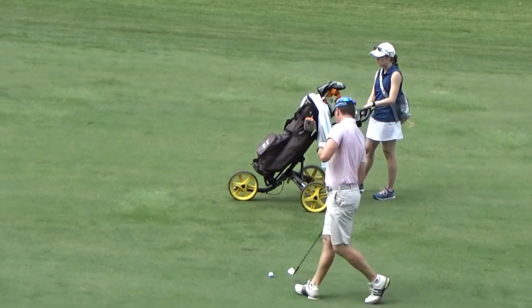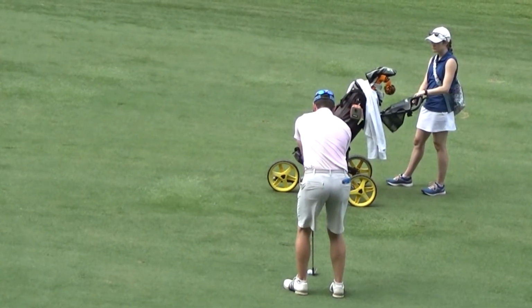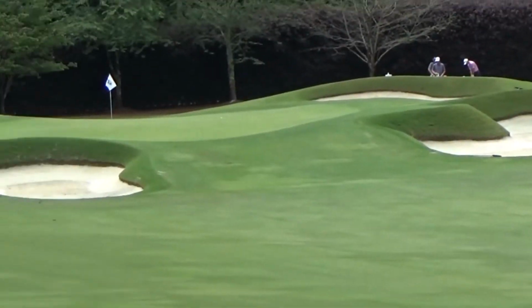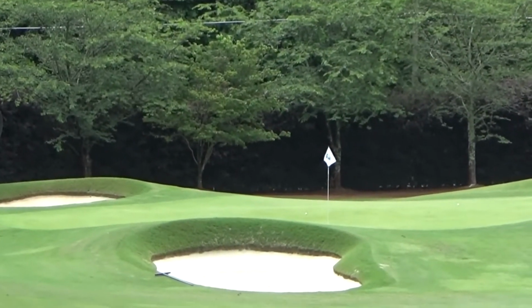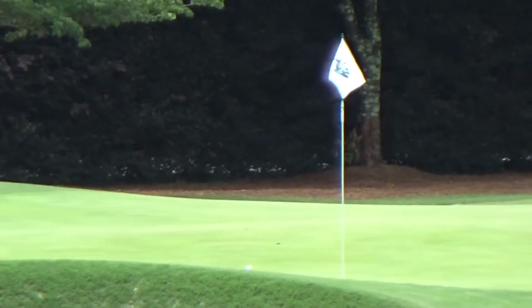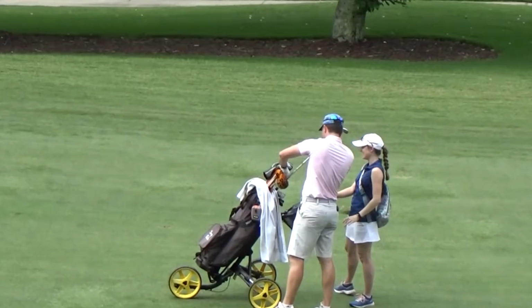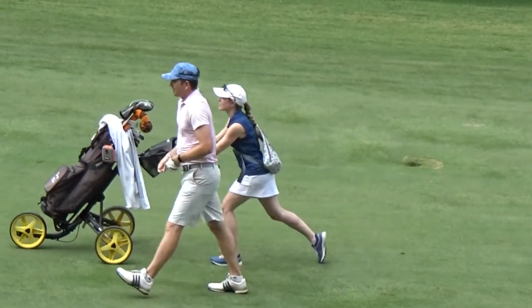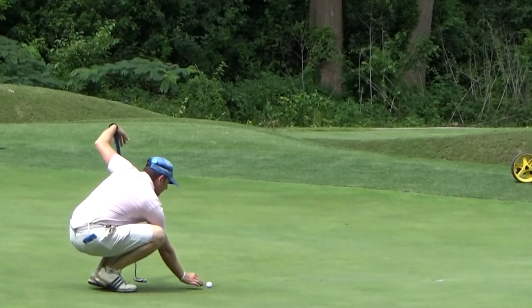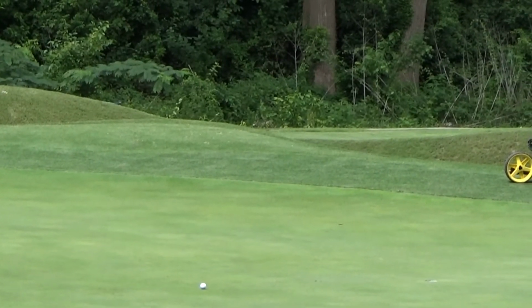This is the signature hole at Druid Hills Golf Club. That's above the hole. Spinning back a little bit. Might be about pin high left. So a chance for his first birdie. Birdie putt for Rule at the 7th. Let's get back to even Steven